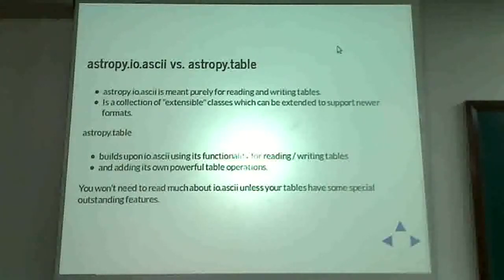Astropy.table is a higher level library. It uses io.ascii to handle ASCII files and a bunch of other libraries to handle VO tables or FITS tables and so on. Now, when do you need to use io.ascii? Well, when you try and load a table with this, and for some reason you have chosen to work with an ASCII table which this module is unable to recognize, then you need to go through the documentation of this and try and feed extra information to help it understand your file. So I'll give you an example of that soon.